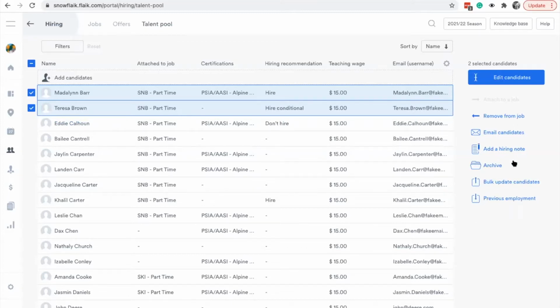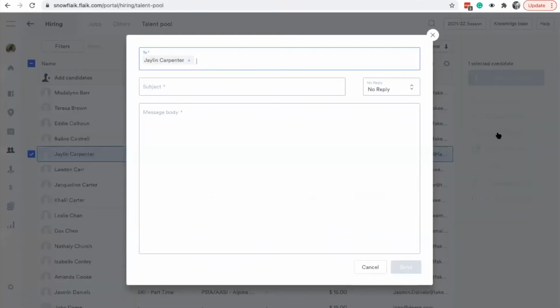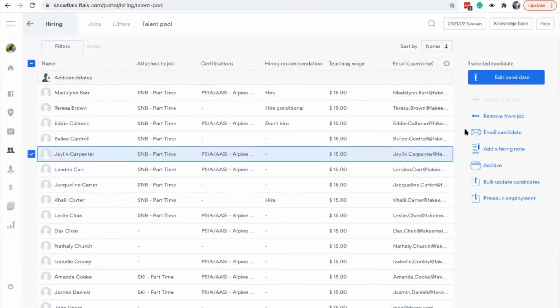All right. A couple other things within this section as well. You can always remove someone from a group or you can attach them to a group. So if you have someone that's not attached to a group, this little attach button is going to show up, or you can remove them from the current job group that they're in. You can also email candidates out of Flaik. So you can email a couple people at a time or just one individually and select a no reply or allow reply option. There are a lot of different places in Flaik that you'll see this email candidate or message